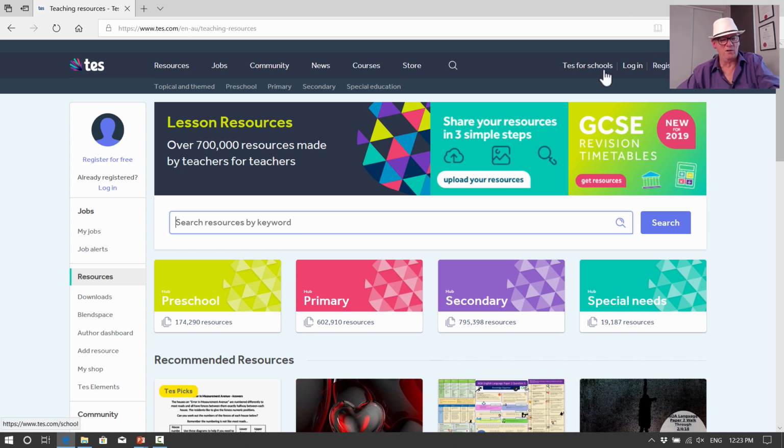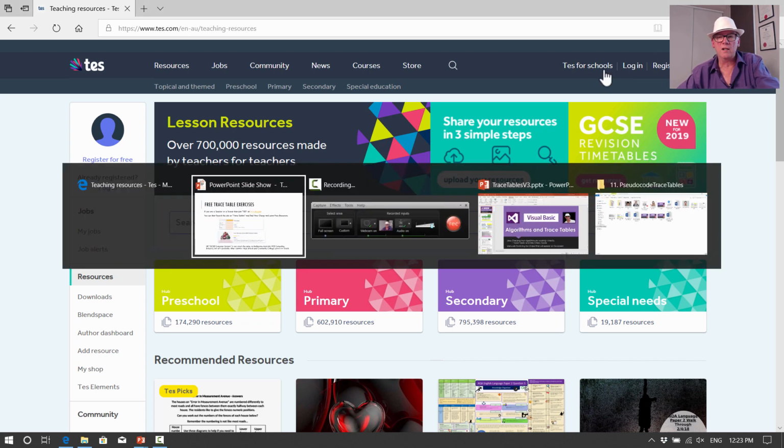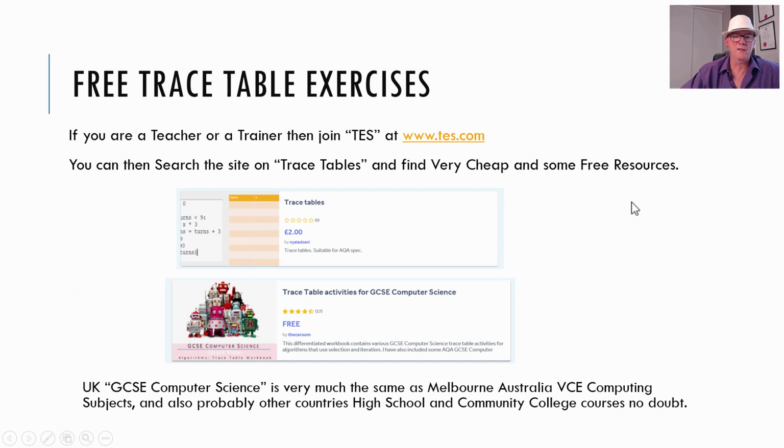And I've registered and joined that. And what I did manage to find was some things on trace tables. So I just searched in the search box on the words trace tables. This one kind of looks okay and it only cost £2, but I didn't actually purchase it because I found this one here, which had some reviews and was rated 4.5 stars and free. And when I downloaded and checked that out, that had some okay stuff in it. It's UK